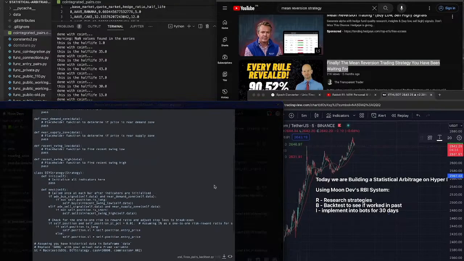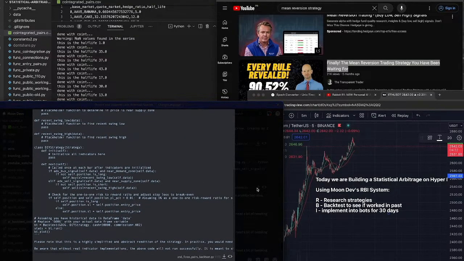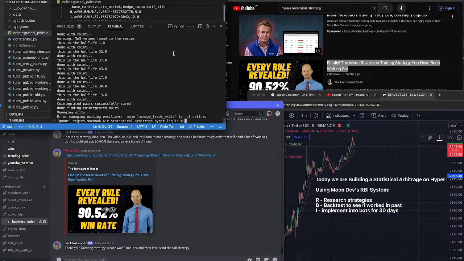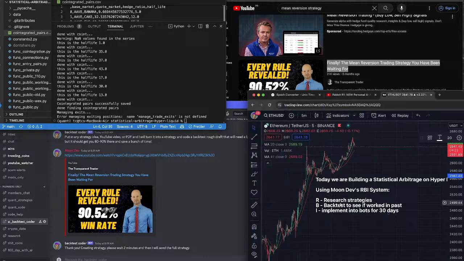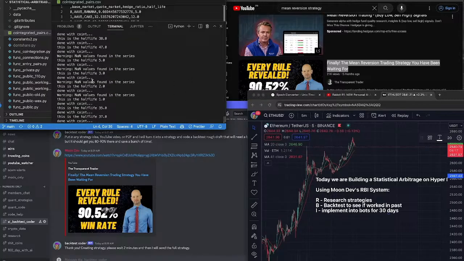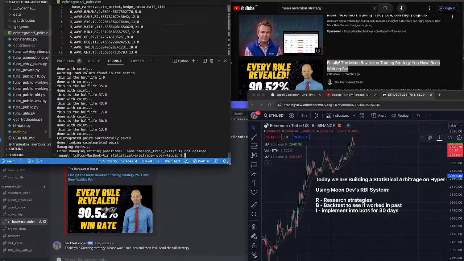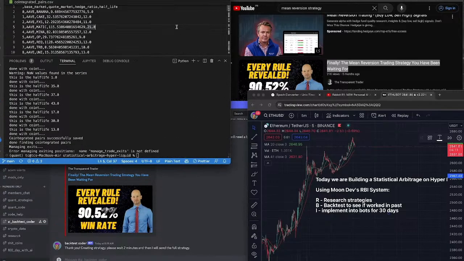So pretty cool, pretty cool. And it has all the code here. And now for the rest of the day, I want to go ahead and finish out this statistical arbitrage algorithm. So this is just another trading strategy that we've researched, backtested, and now we're implementing into a bot. You can see here it runs, and we're working our way through it,